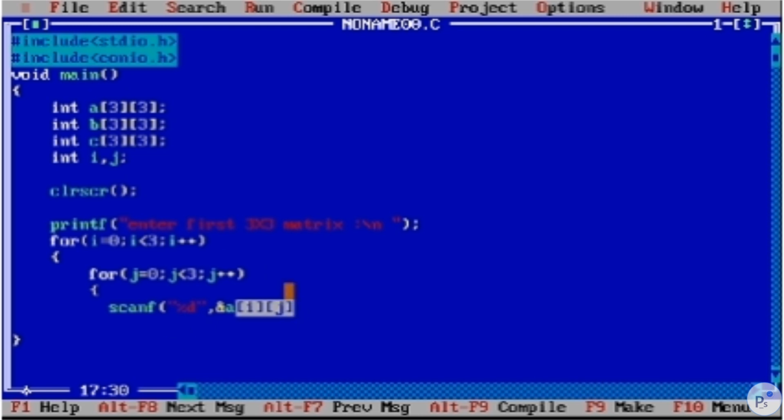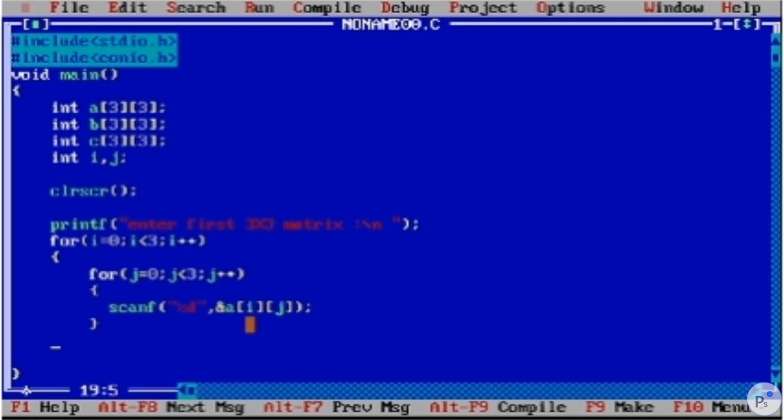Then it will increment the value of j to 1, so the value of j is 1 here. So here the value for i is still 0 and j is 1. So at the 0th row and first column, that position the value will be stored there.